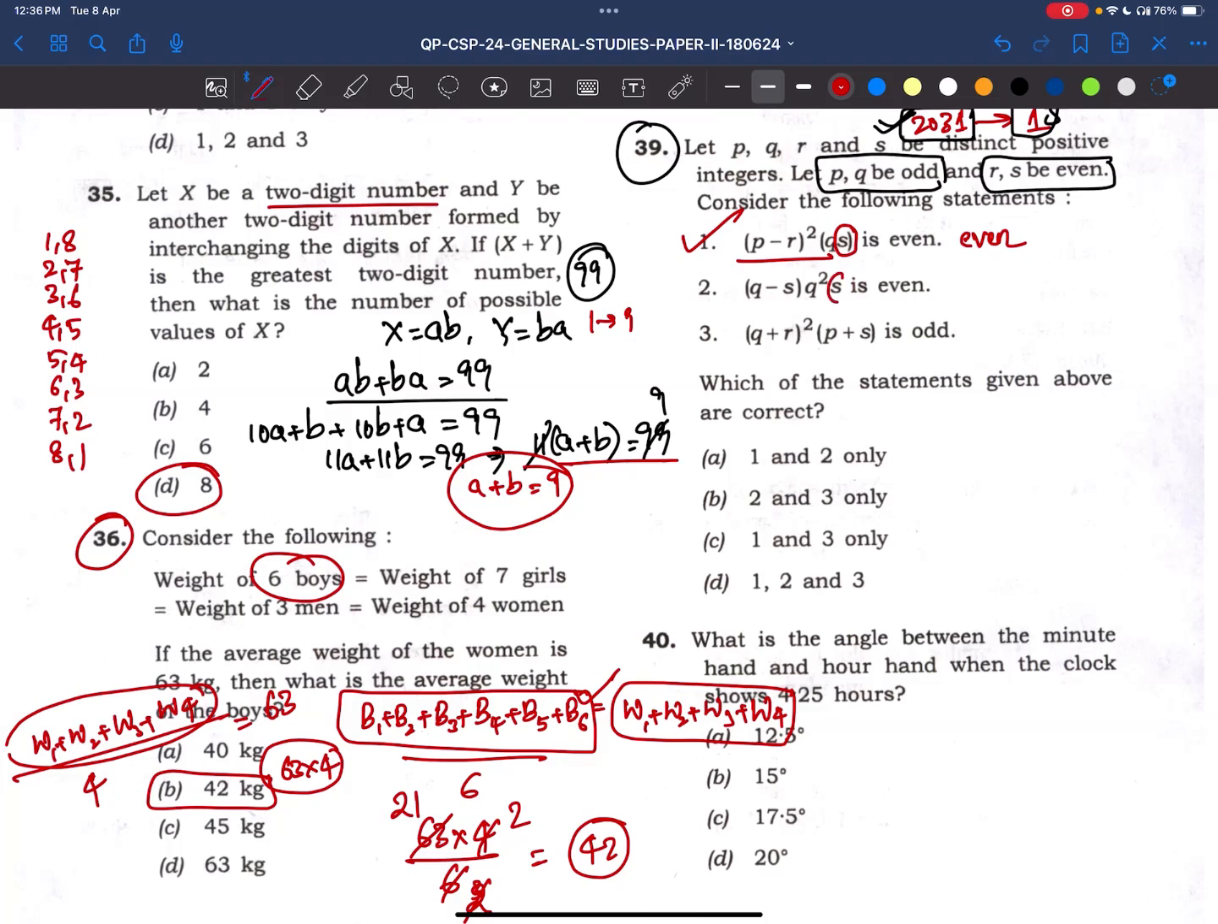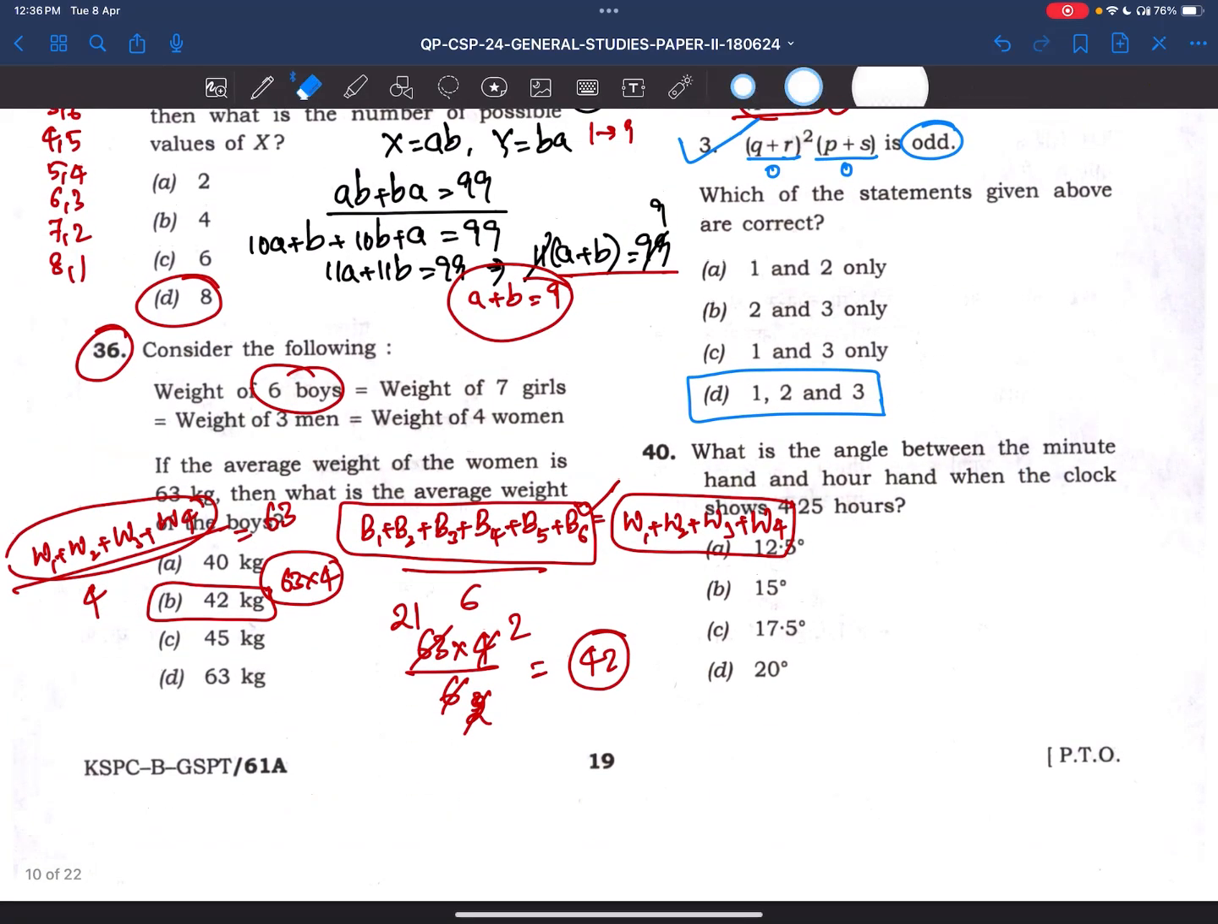In the second statement also, we have S here. S is even, so anything multiplied by an even number will be an even number. Now see here, Q plus R. Here Q is odd, R is even, so even plus odd will be odd. Odd square also will be odd. Next, here P is odd, S is even, so odd plus even is odd. So odd into odd only. Right? So the answer is